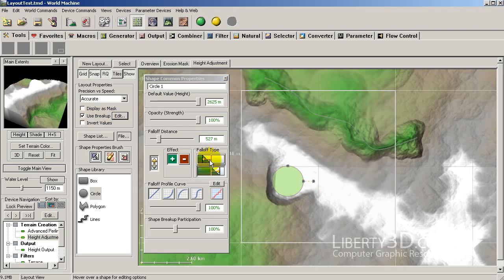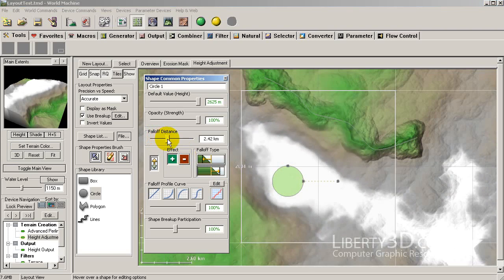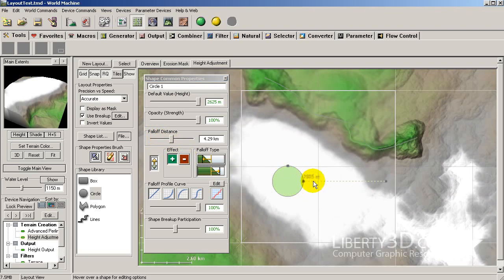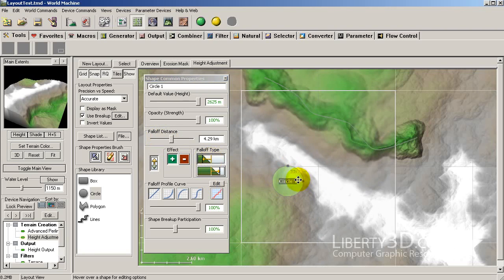Okay, so rather than double clicking and doing it this way, we can actually do it with this control here. And we can turn that back. Now, one thing we can also do with the fall off is rather than having it go outside the circle, we've got a switch here. We can click that and it'll put the fall off inside the circle. Okay, so we can just make it fade in around the inside here. And if we click on one of these sides, until that highlights, we can drag out the shape of the circle